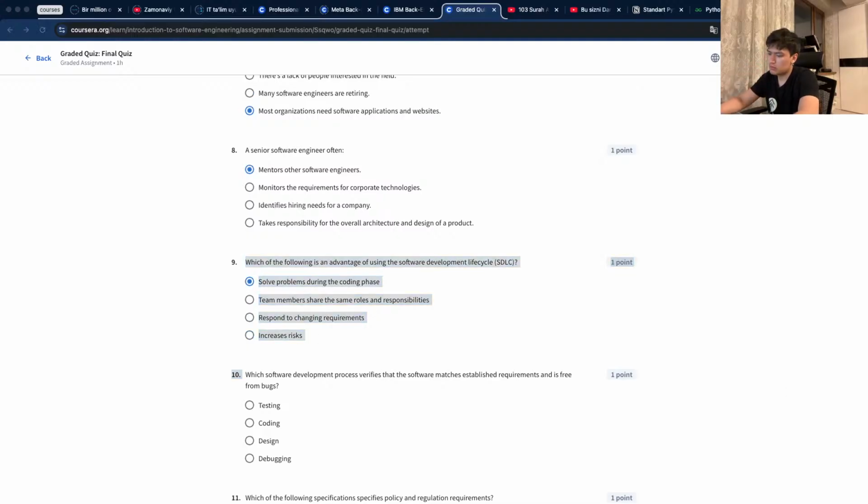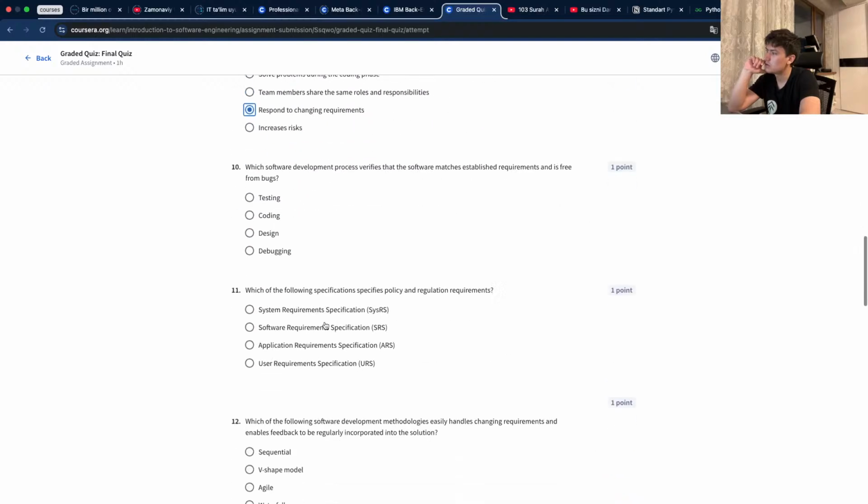Chunki pastdagilar ham qisman qanaqadir kiradi, lekin eng muhimi mana shu solve problems during the coding phase bo'lsa kerak. Respond to changing requirements. It shows the software development process, verifies that software matching established requirements and is free from